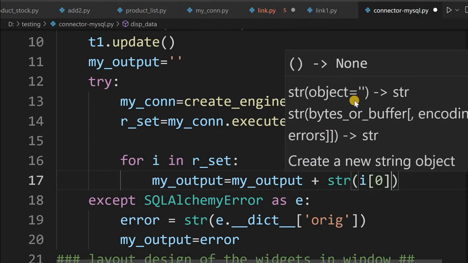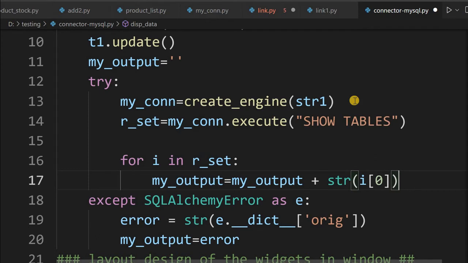If I don't use it, it will have all those brackets and commas at both ends, because they are elements of the tuple. So I am avoiding that. And then after every record, once it is added, I want a line break. So this is the line break I am adding to it. Now that's all. Now my output is ready.